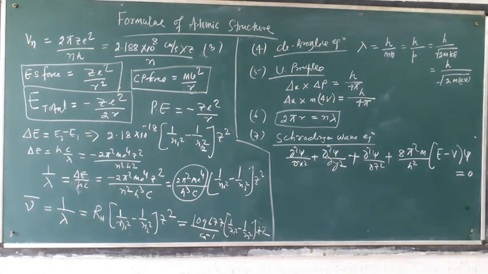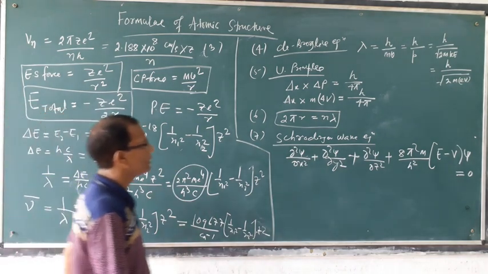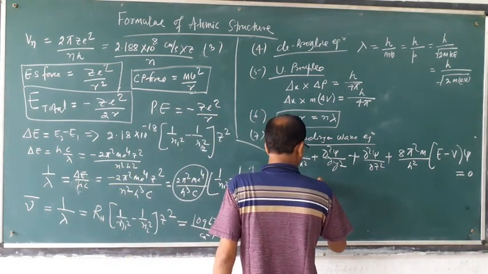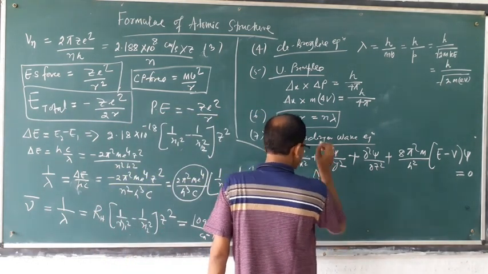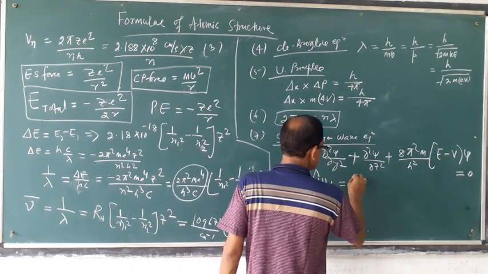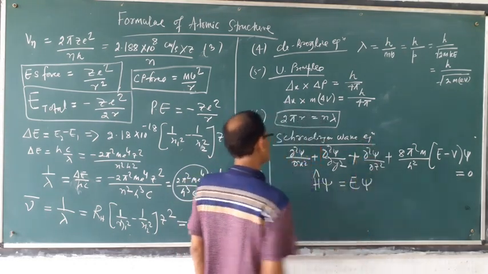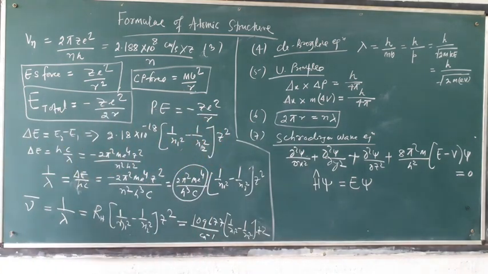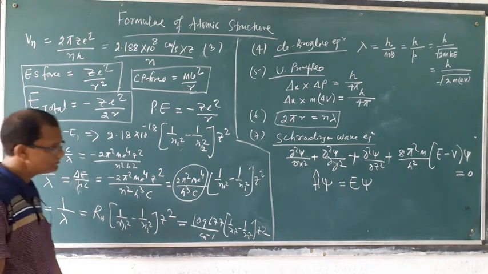Then this can be written in short form, that is a mathematical operation: H Hamiltonian into psi is equal to E psi. This is the short form, H Hamiltonian into psi is equal to E psi. Another form. Okay. Then if the electron has wave character, then it has